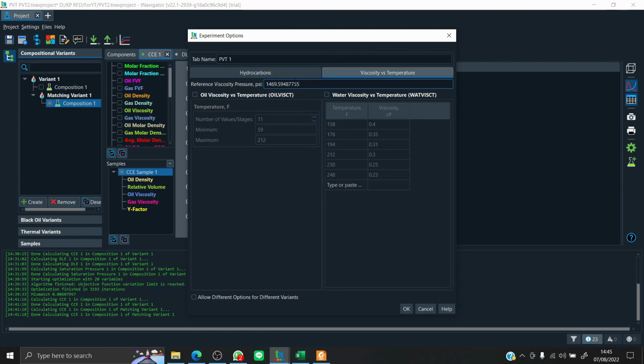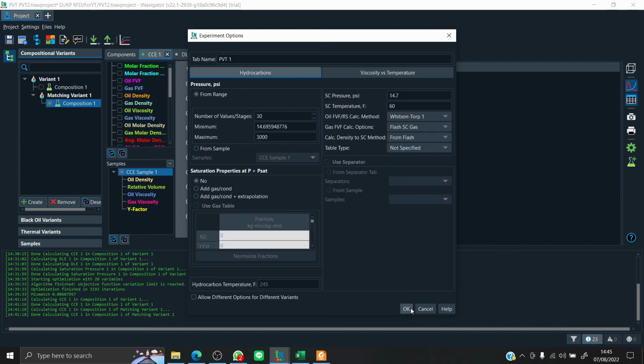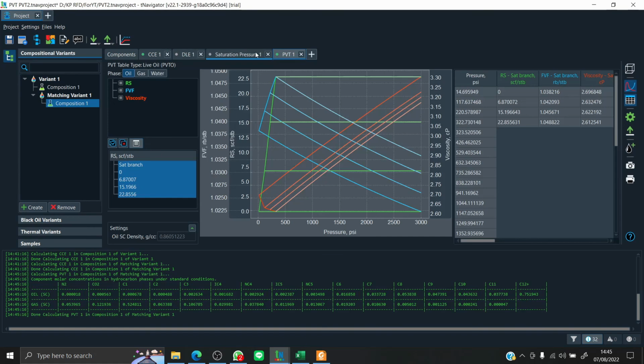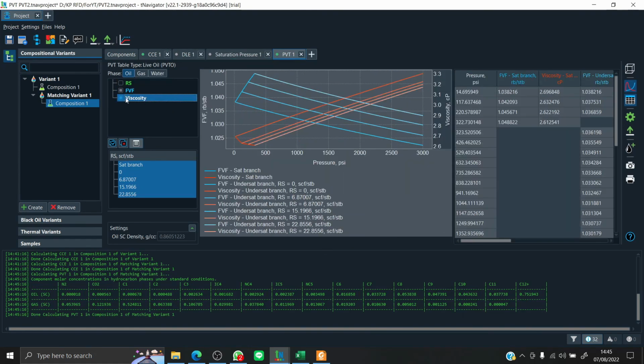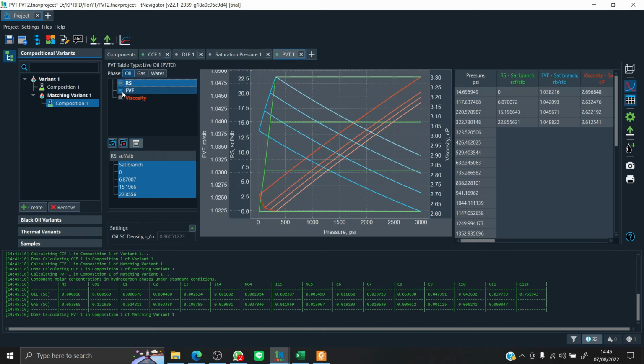Let's just leave it as it is, so we have no data from here. Just select OK. Then we already create our PVT table. So you can see here we have our GOR, FEF, and viscosity.